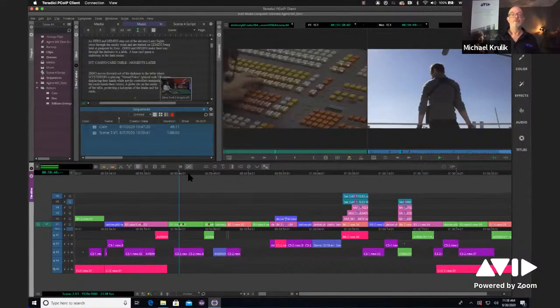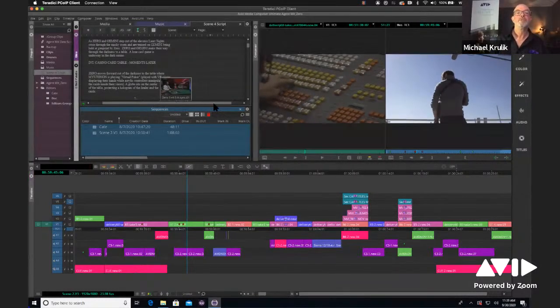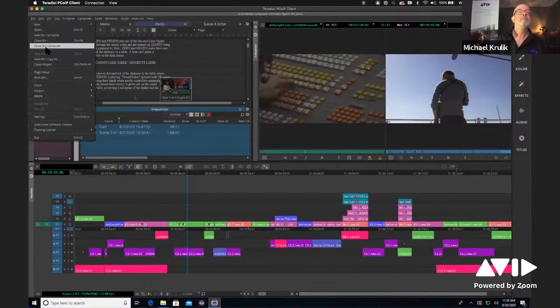So again, I'm having really great performance moving back and forth here. People have said when they've logged into this, they don't even realize they're not working on a local system. All of your scripts, if you are working with ScriptSync, again, this is a version of Media Composer